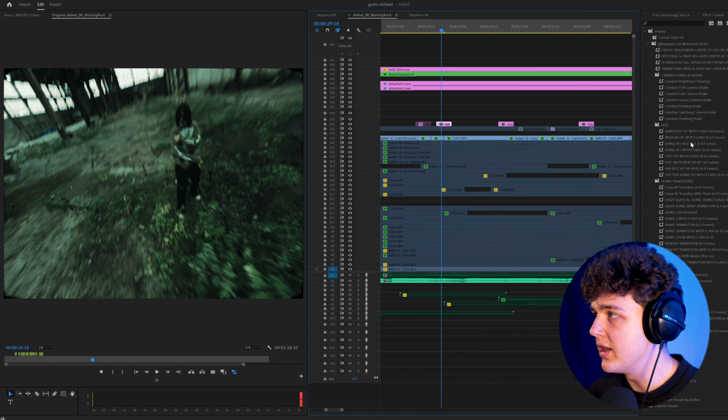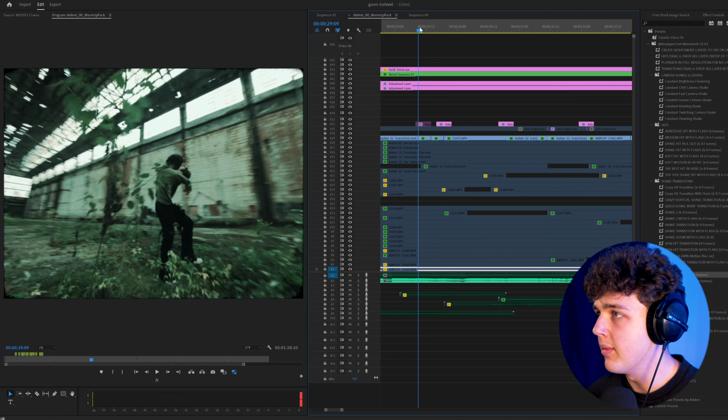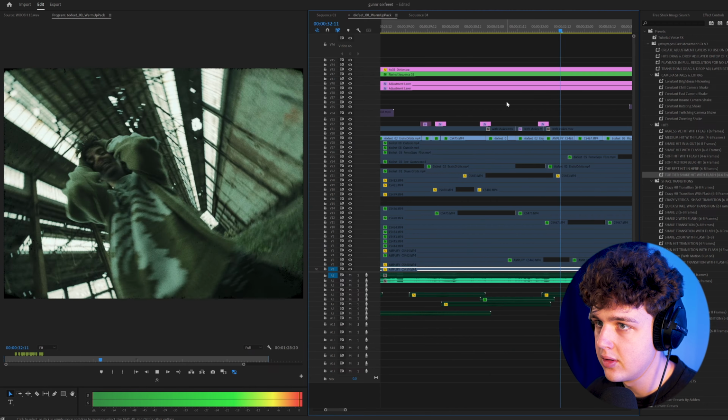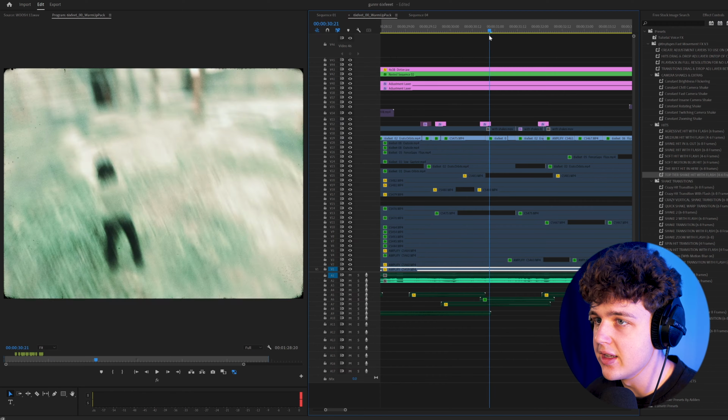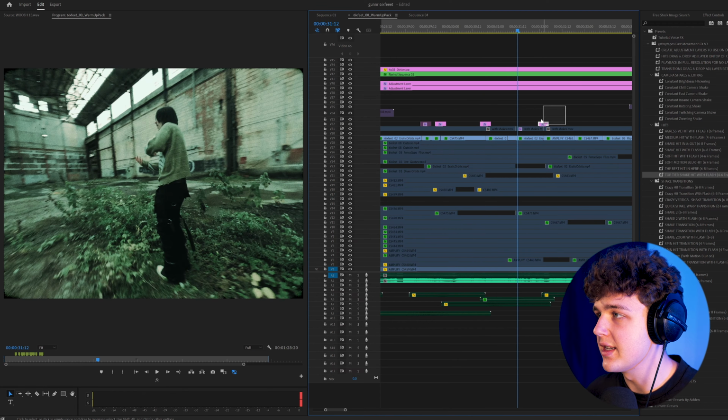So if we go on this one here and we grab aggressive hit with flash, then let's go crazy hit transition, and let's go crazy wipe up, and we'll play these through for you guys. I really love this one right here, super fire, and the wipe ups are just, they're mint, as you guys could see before